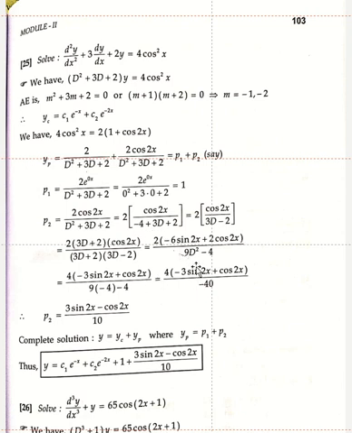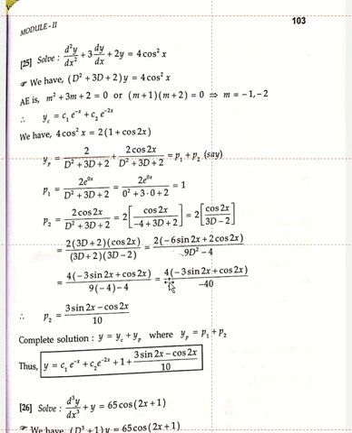9 into, what is D square? D square is replaced by, here what is a? For sin ax, a is equal to 2, replace D square by minus a square, minus 2 square is minus 4. Wherever D square, replace D square by minus 4. Therefore 9 into D square is minus 4, and minus 4. Therefore 4 into 3 sin 2x plus cos 2x divided by, here minus 9 into 4 is minus 36, minus 36 minus 4 is minus 40, and here take minus as common term.